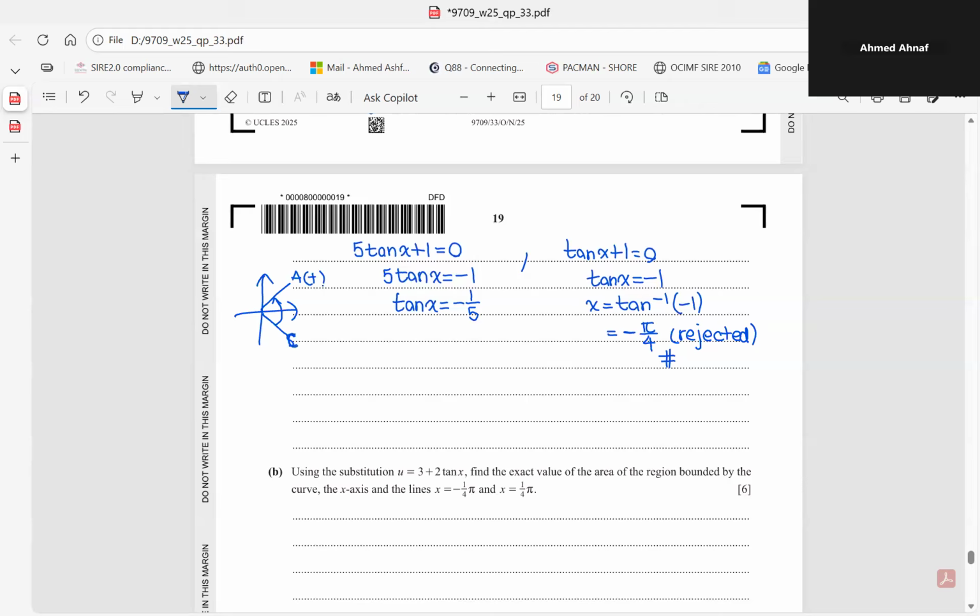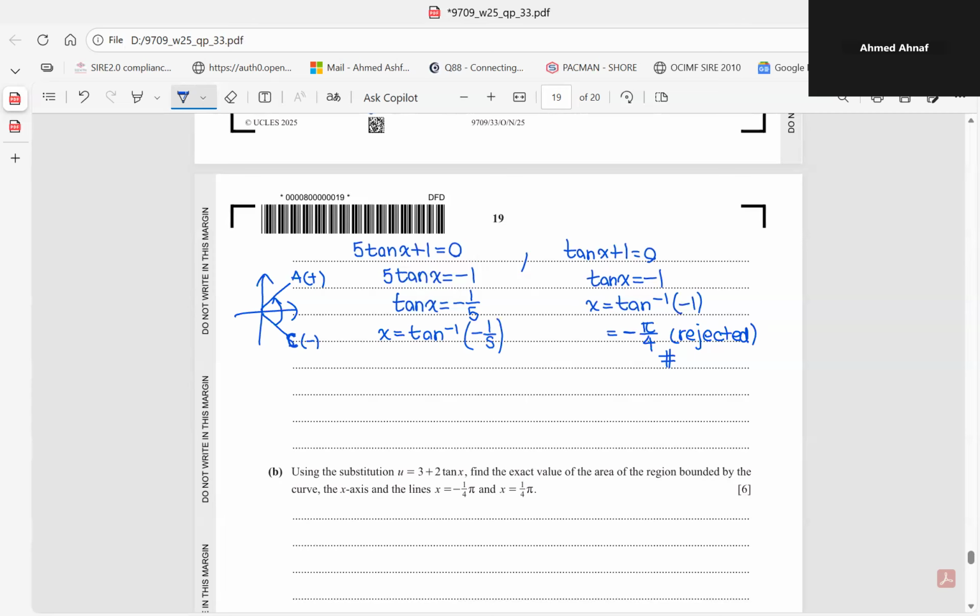So A is positive for tangent and this is negative for tangent. So hence, our x would be in this fourth quadrant. So it would be a negative acute angle. Okay, so to get it, just take tangent inverse